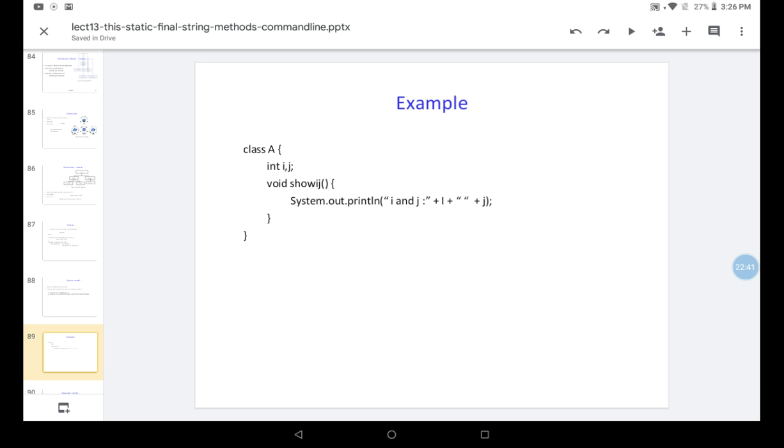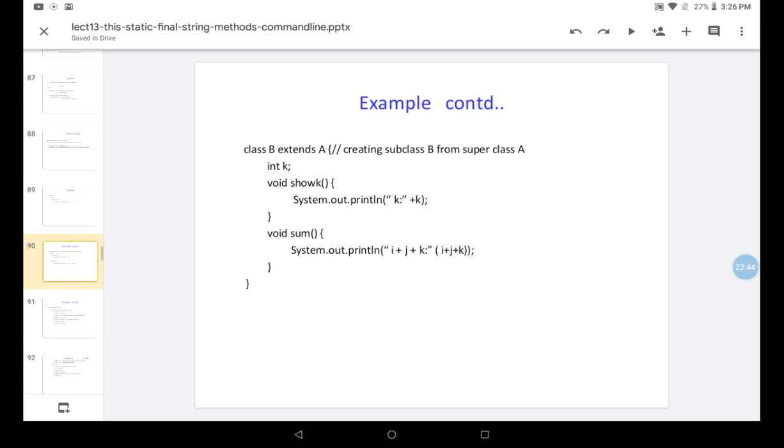So this is your class A. Now we are extending, A is inherited now, into B. Class B extends A. That means we are creating class B from superclass A. Here we are writing B's own code now: int k, void showk, which prints k. So k is private to class B. Those are its own variables, its own methods, its own properties, class B's properties.